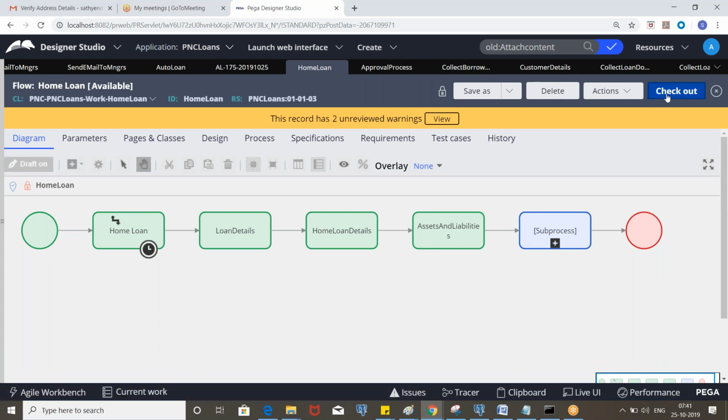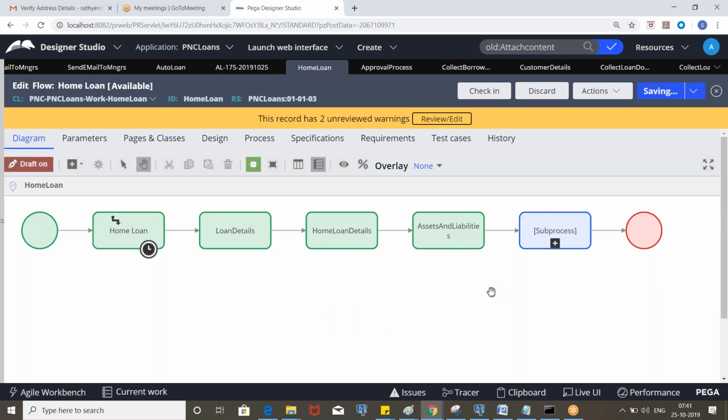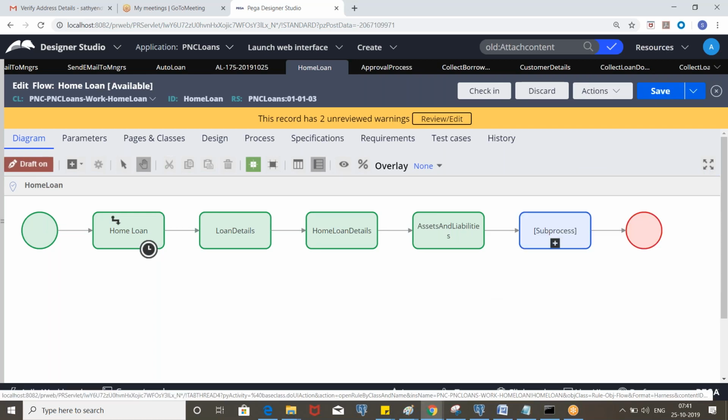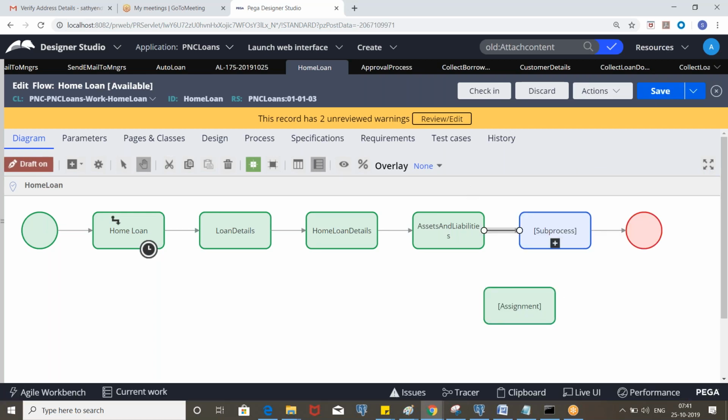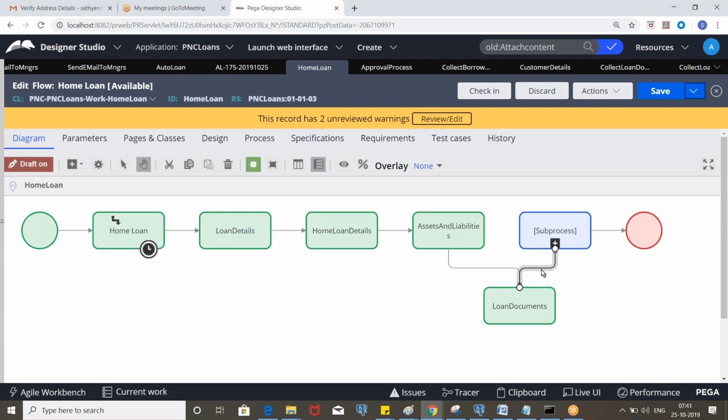So check out this, add assignment, so loan documents, right? And invoke the flow action.